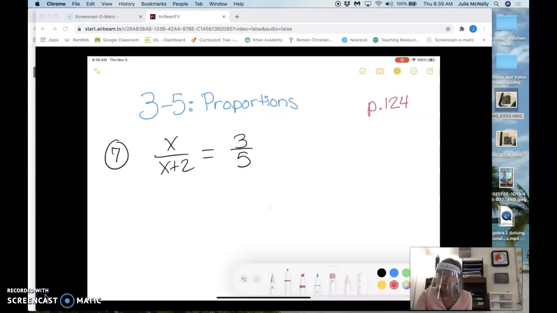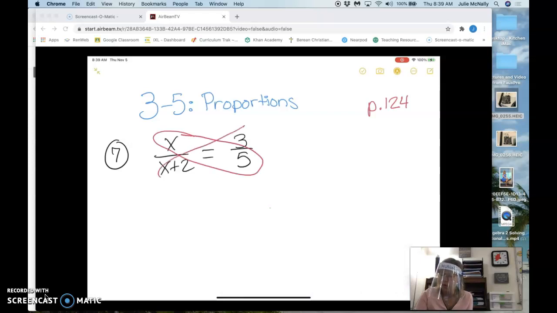All right, here we go. Here we go solving it. Hopefully you paused and tried it on your own. So on this side I have 5 times x, which is 5x. And on this side I have 3 times x plus 2. So I'm going to distribute